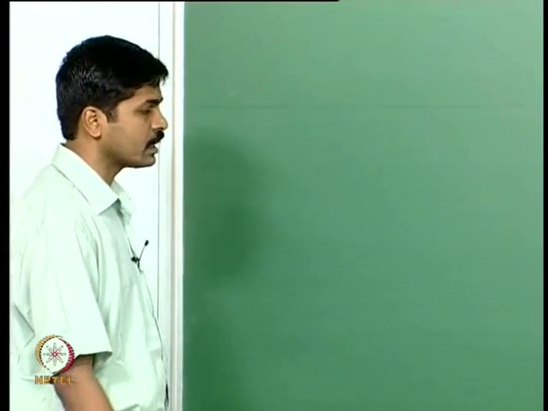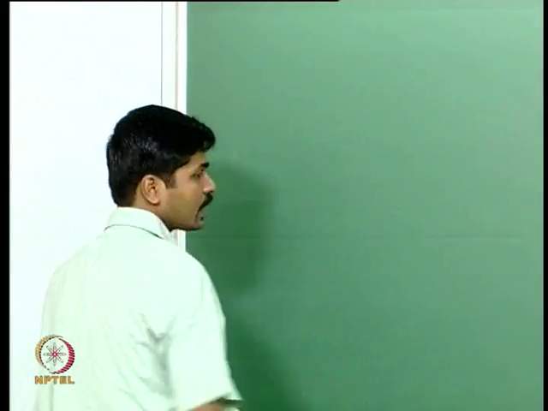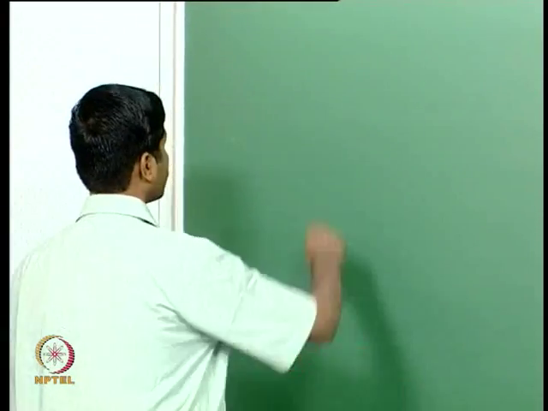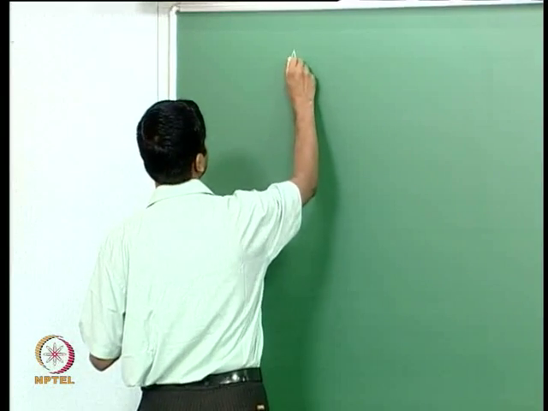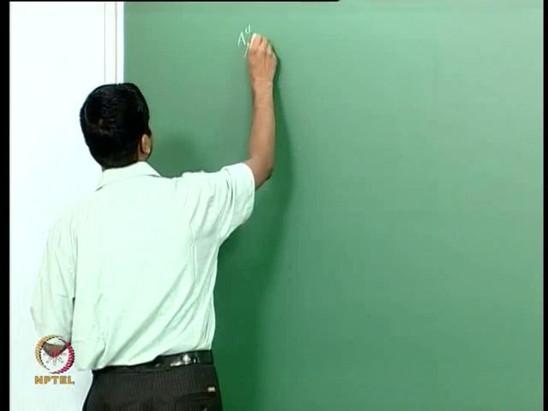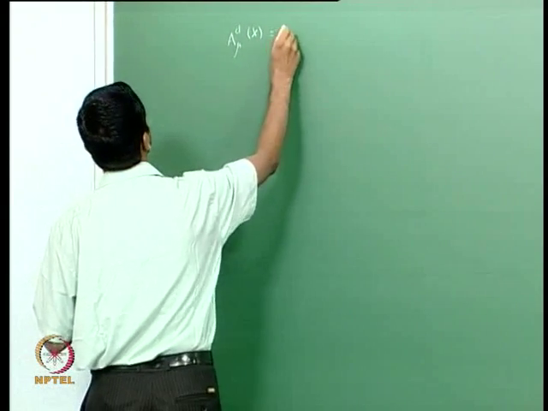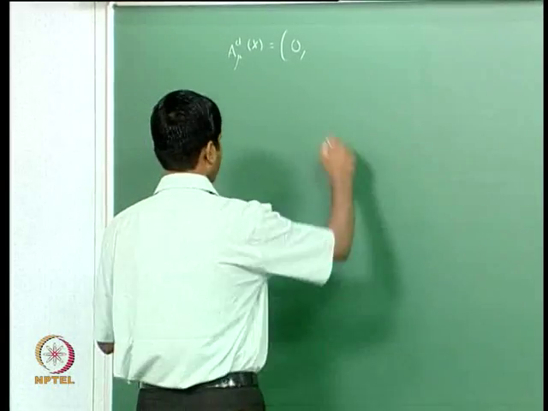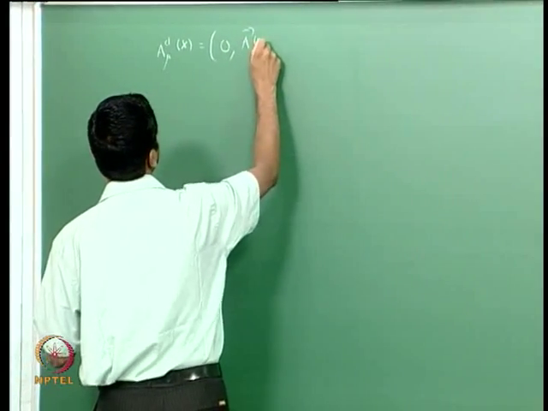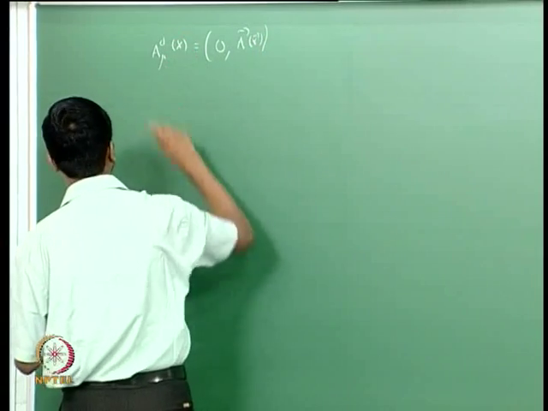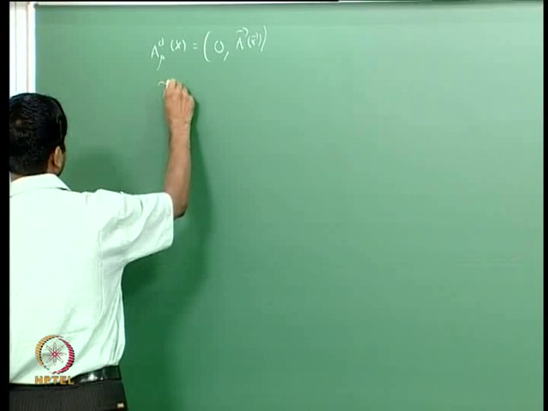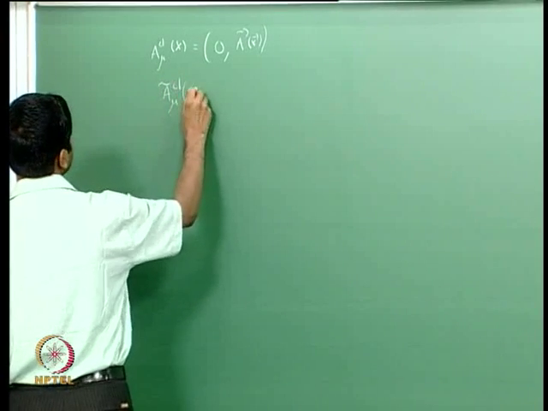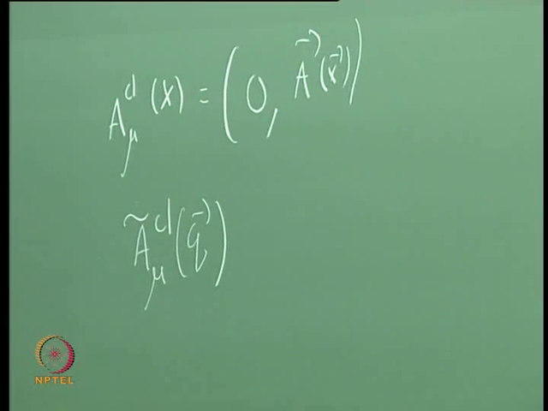Okay, so, we were discussing the interaction of an electron with an external electromagnetic field. We started with a static magnetic field, hence the vector potential A^μ_cl(x) is given by (0, A(x)), and if I denote Ã^μ_cl(q) to be the Fourier transform of the vector potential, then